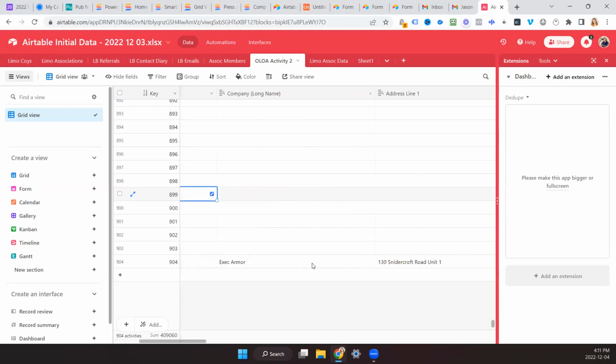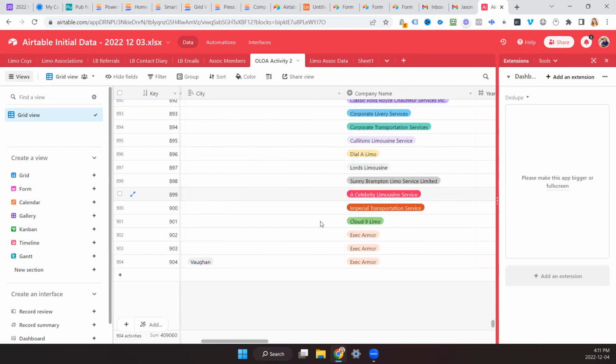Yeah. So now you have that automation. You don't need to type in any information ever again. You can look up the first name of the contact from there, look up anything you want from the limo companies table. Then when you import 1,000 records into this table with all of these company names, they will auto link. You don't ever need to link them.